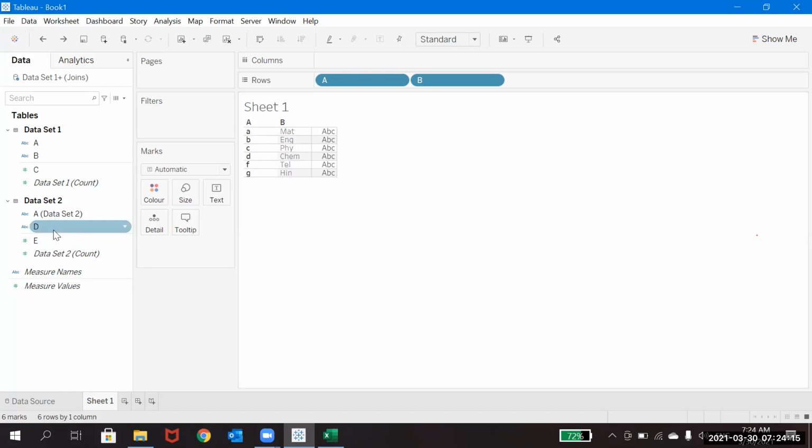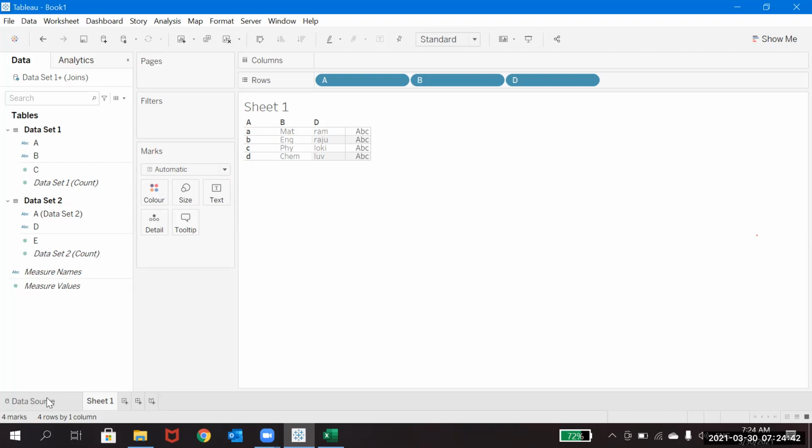But the moment I dragged out the column d, whatever the common values we have, it was just taking that and showing it. That is what relationships will do. And always remember, relationships will do a kind of inner join.